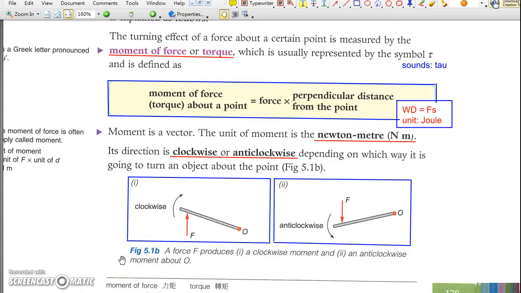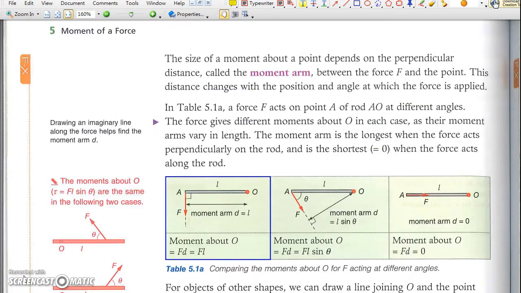Note that the unit of moment is Newton meter, but not Joule, although moment and work are both products of force and length. The perpendicular distance of the applied force from the point of rotation is called moment arm. The size of moment arm depends on the point of action and the direction of applied force, as illustrated in